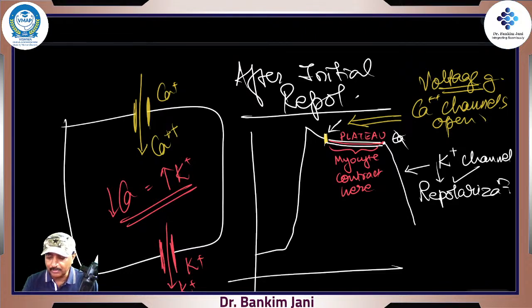So at the plateau, why did it happen? Because the calcium channels opened, and calcium would gush in. This calcium which is coming inside will play a role in the contraction. So if you want to prevent that cardiac contraction from going to that high level, you should control this calcium. Immediately the muscle contraction will come under control. How beautiful. That's the reason these graphs and all these processes are of such importance.